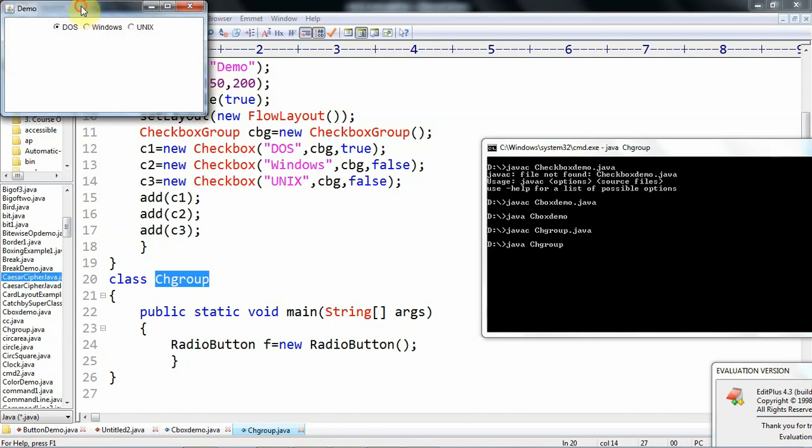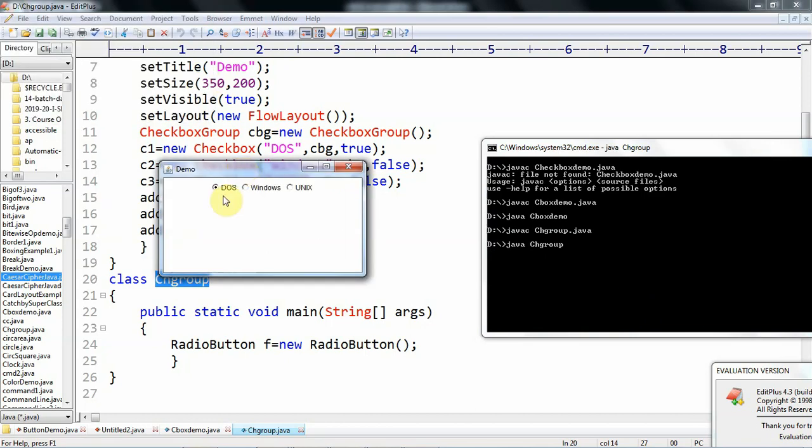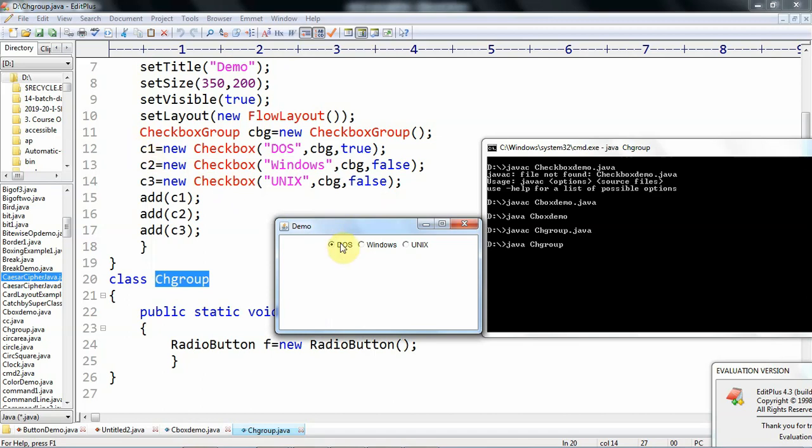If you observe the output, in the earlier example the checkbox was a rectangular box. So here the checkbox is in round fashion. This is called a radio button. Actually I created this by using the Checkbox class, but if we place the checkbox object in the group, then that becomes a radio button like this.